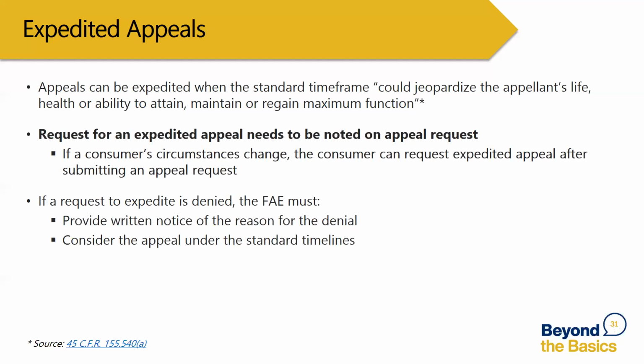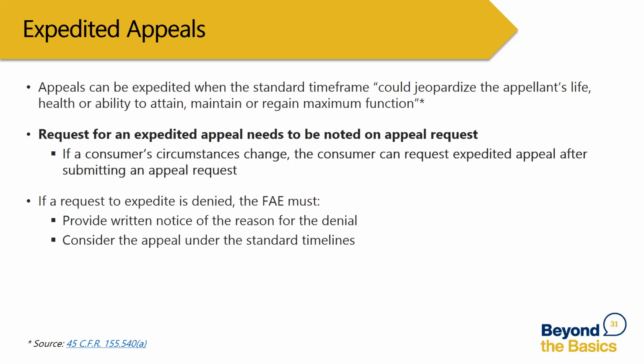There are some situations when an individual may need an expedited appeal, which means it's put on a fast track. These are allowed only in very limited circumstances. So the standard time frame must jeopardize the appellant's life, health, or ability to attain, maintain, or regain maximum function. If a consumer meets these requirements, they would need to note on their appeals form that they need an expedited